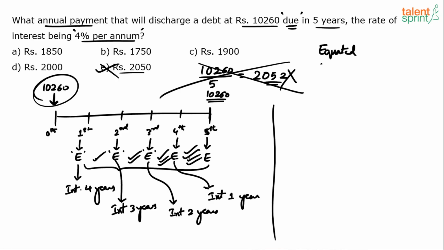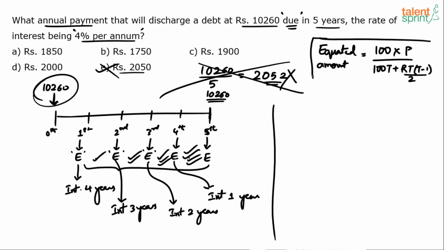The equated amount is going to be what? The equated amount is going to be 100 into the amount that you have borrowed, the principal amount, divided by 100t, where t is the time period, plus r into t minus 1 by 2. You can use the formula, if I remember the formula correctly, this is what the formula is. So my equated installment should be 100 into p divided by 100t plus r into t minus 1 by 2,